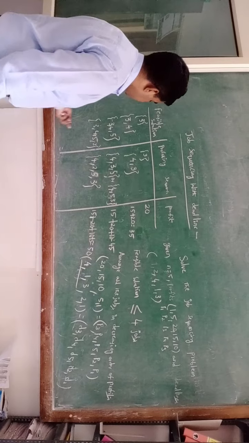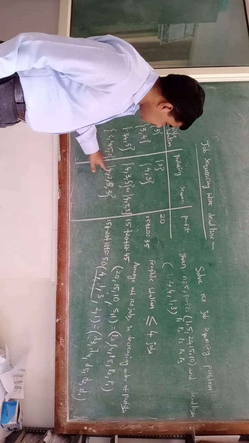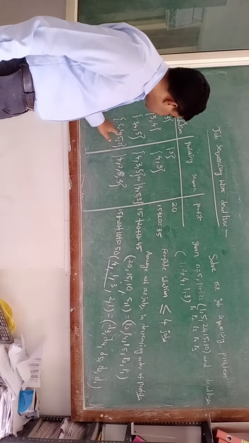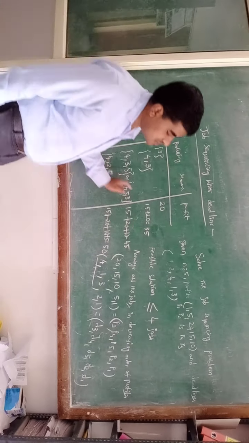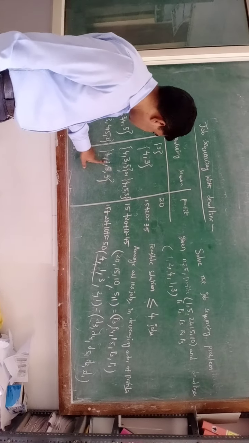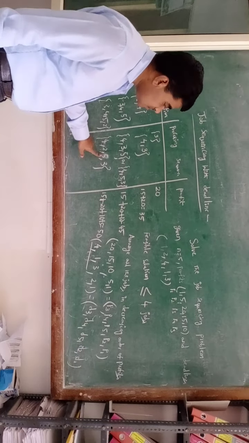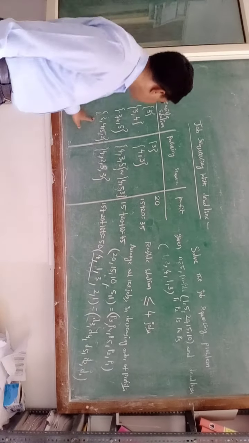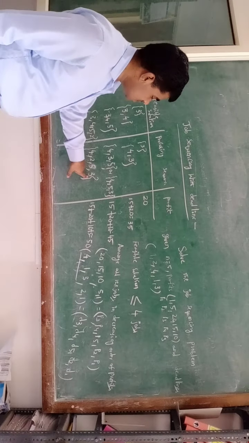Okay, see here first we are crossing the fourth job. Why? Because its deadline is only 1. Next we are crossing the second job, its deadline is only 2. So that's why we are crossing the second job. Next we are crossing the fifth job. Why? Because its deadline is only 3. And finally we are crossing the third job, its deadline is 4.